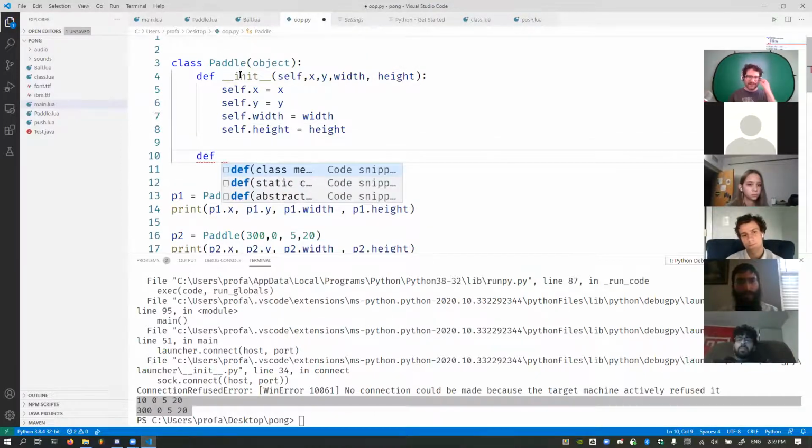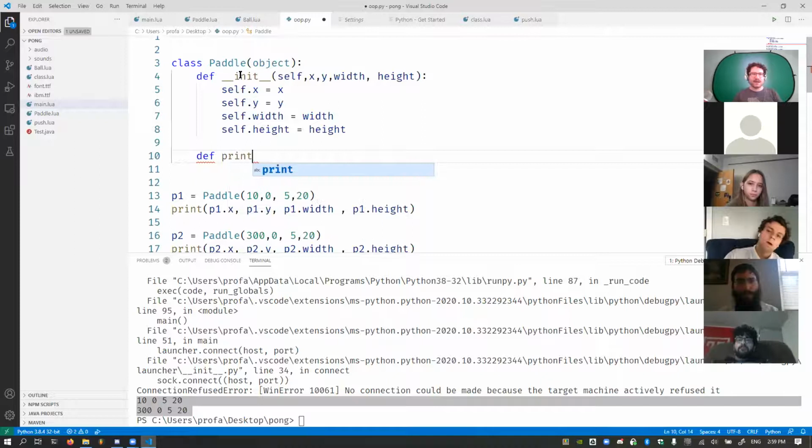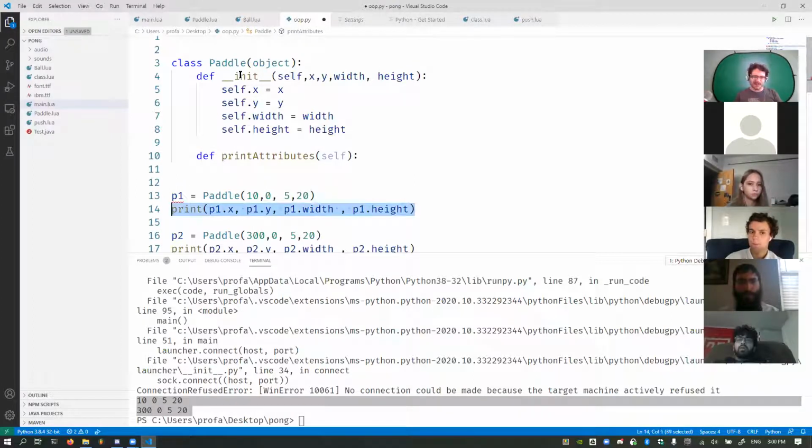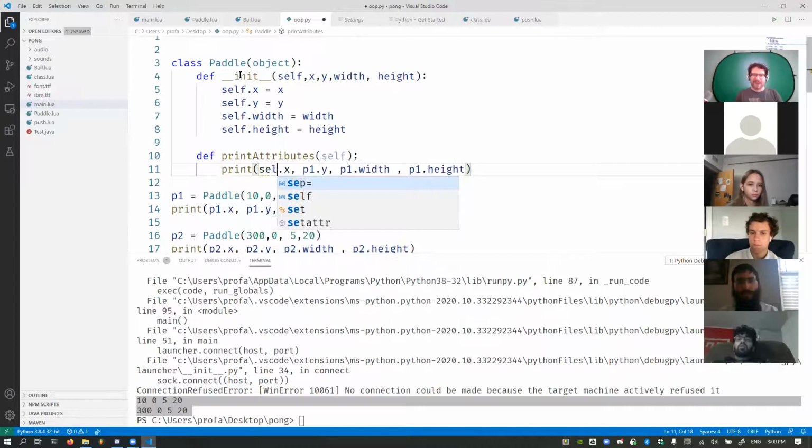So for instance, we can make this a bit easier for us and say print attributes, self, to say, this is how I'm referring to this particular paddle. And what we can do is just simply take this and do, and yeah, this is not the Pythonic way to do that. I'll show you the best way to do that in a bit.